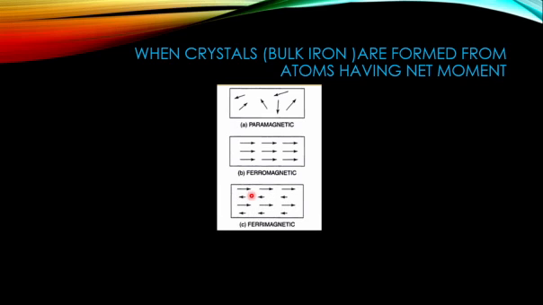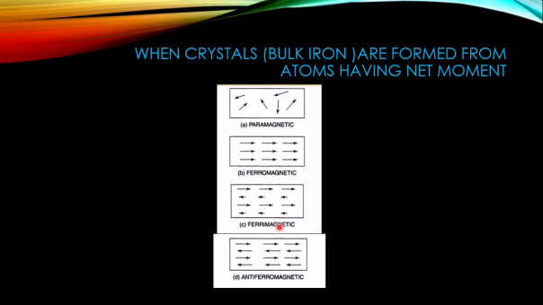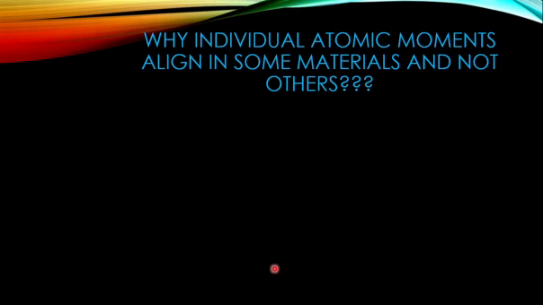In some other cases, there are two kinds of magnetic moment present, and one type is arranged in one direction and the other type in the opposite direction. So here also you can get a net magnetic moment. And the last one is antiferromagnetic material, which means the moments are arranged oppositely, so the net magnetic moment will be 0. So why do some materials have their spins arranged and some others do not?